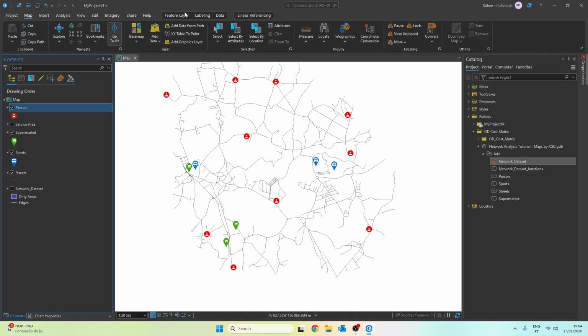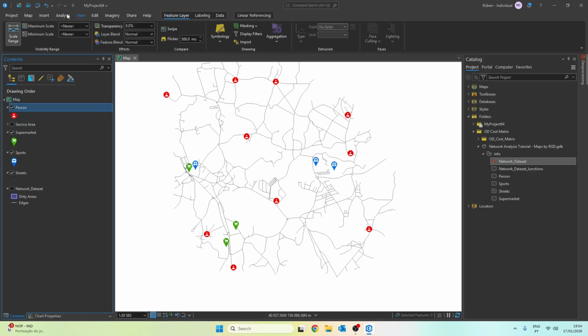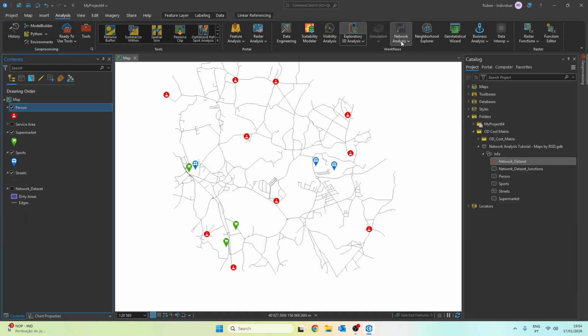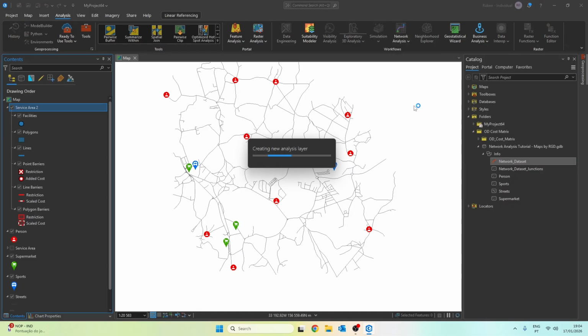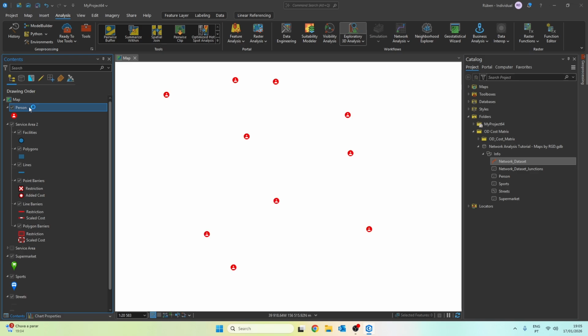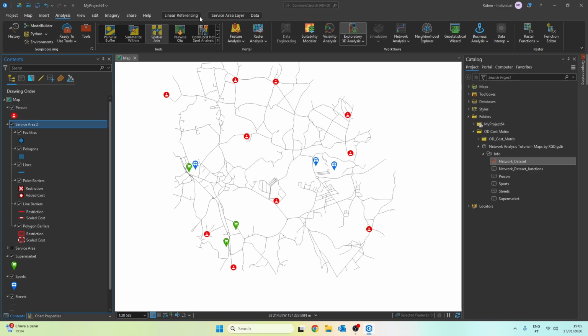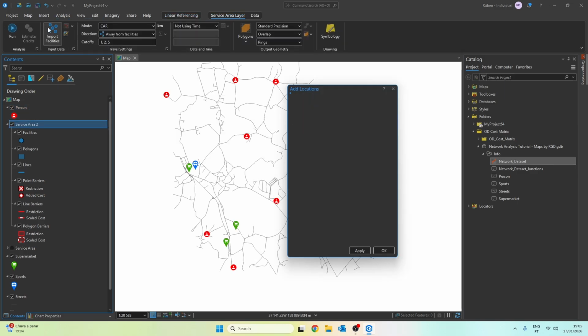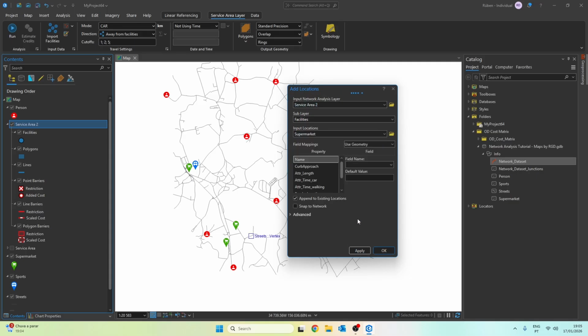Let's hide this result and create a new service area layer. This time I'm going to use the supermarkets as the facilities, choose car as the travel mode, and represent the result using lines just as I mentioned seconds ago. I'm just going to move this up a bit so we can also analyze this. Let's import the green facilities, the supermarket, just to be different, and we'll make a small change here.